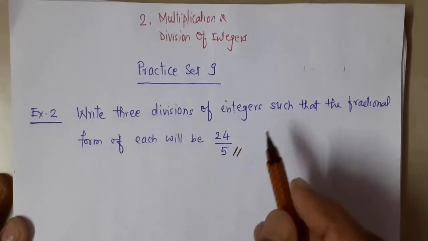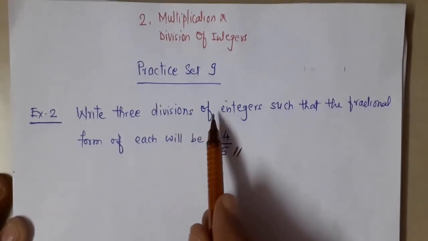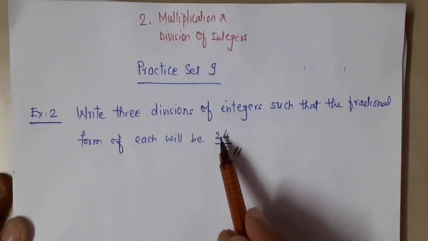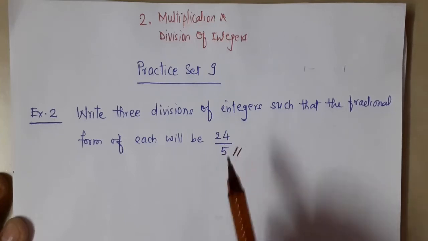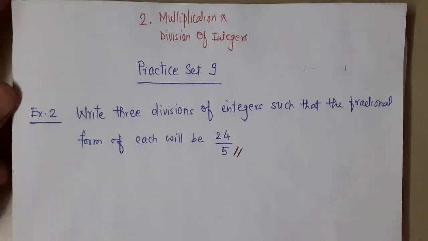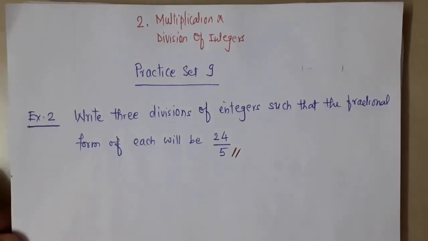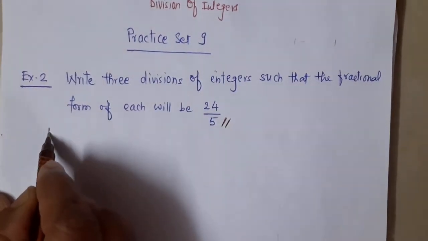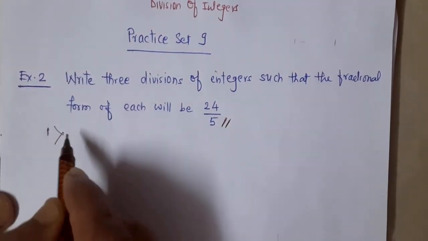Means what? Whatever divisions you are doing, after that the result will be 24 by 5. So you have to write three divisions of that. For those three divisions you can choose any example. Okay, so this is the first. I am writing as